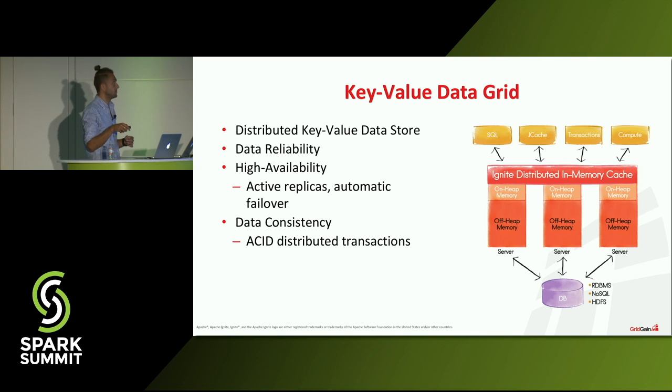Apache Ignite cluster. It's worth mentioning that there is a way to enable data reliability. For every entry you have in your cluster, you can have a copy of the same data on a different machine. And the cluster is highly available and fault tolerant, meaning that if during the lifetime of the cluster one of the machines goes down, the cluster will automatically detect this situation and will rebalance all the data you